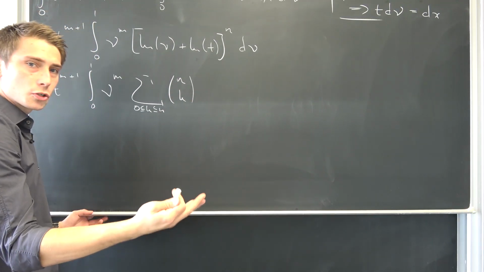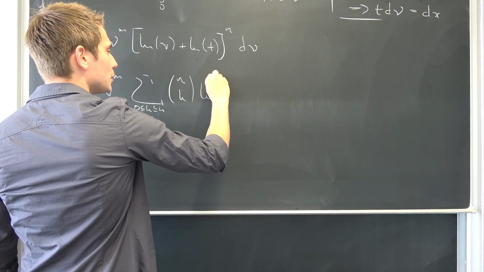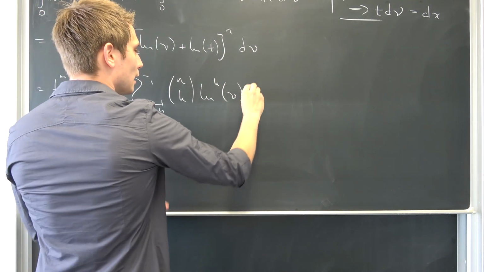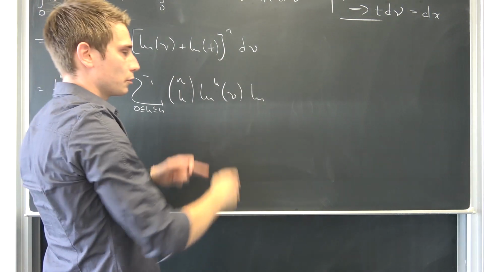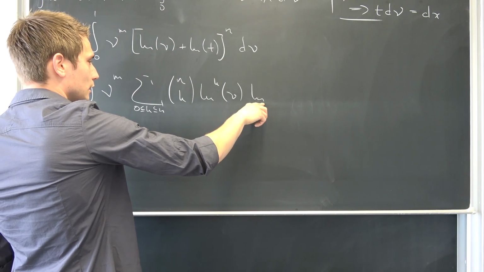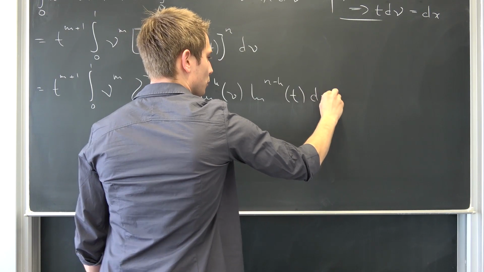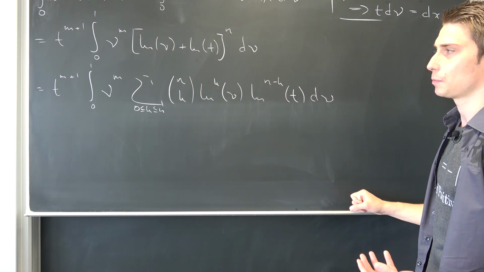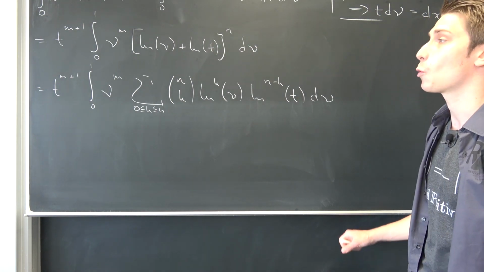Now, we are going to count our binomial parts, our powers basically. So the natural log to the kth power of ν. Okay, it's symmetrical, you can also rewrite it and interchange those, and then you are going to end up with different powers, but we are going to take the easy route right here. And then natural log to the n minus kth power of t, integrated with respect to ν. You have probably seen it before, the binomial theorem. If you didn't, then go back to your analysis class and take a look at that once again.